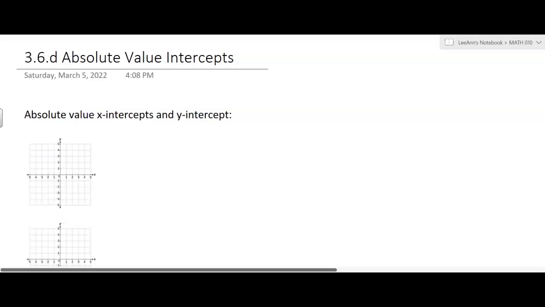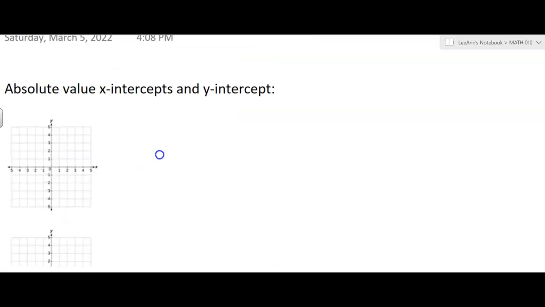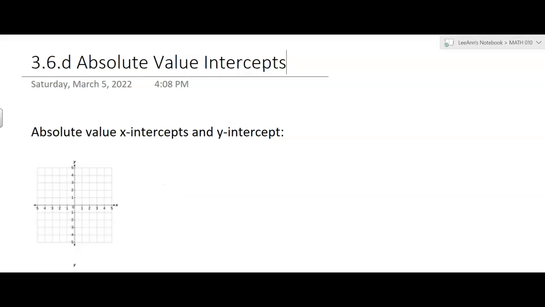So we've been talking about absolute value functions and their graphs, right, and transforming them. Okay, so what about the intercepts, like the X-intercepts and the Y-intercepts? Let's just say you have an absolute value function that looks like this. It's kind of just shifted down a little bit. Well, then your